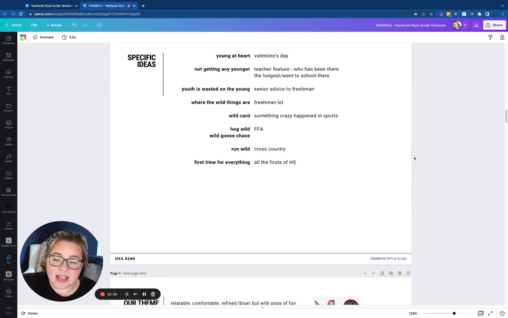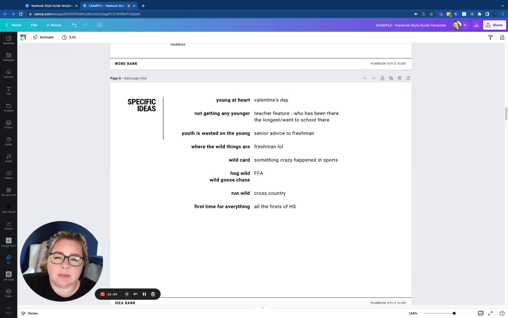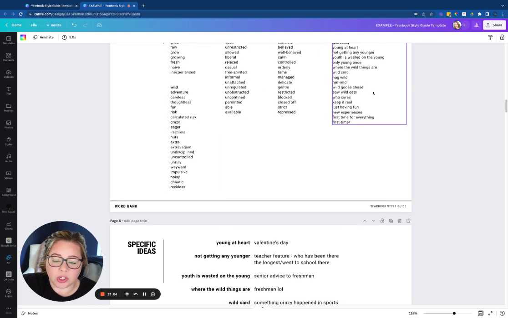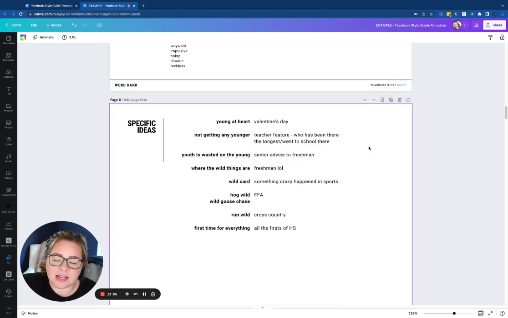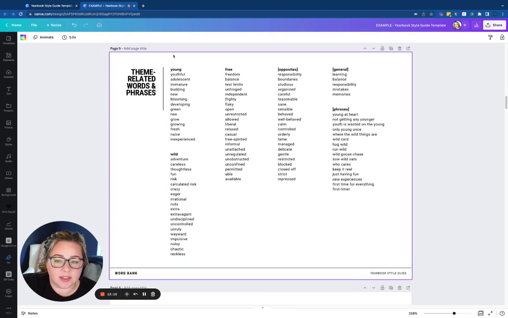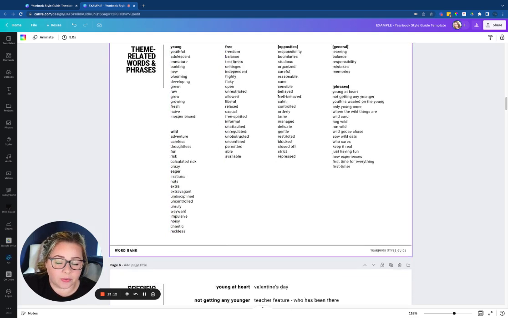All right, and then I started to think of some specific ideas. This is another slide that I added that wasn't part of the template. It just grew out of this one. When I started thinking about these phrases that came from these individual words, I started to think about content. Something like young at heart uses that word young from young, wild, and free, but it